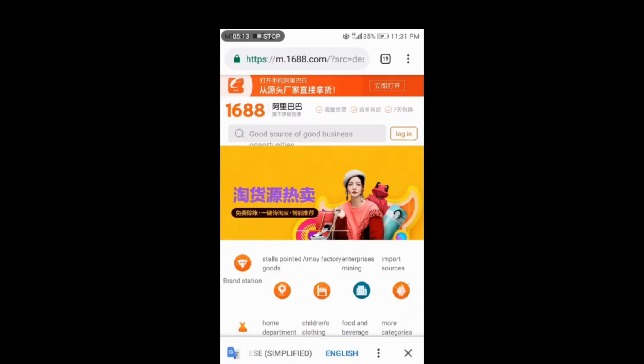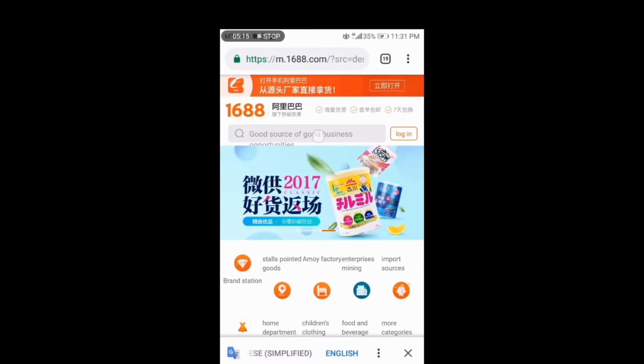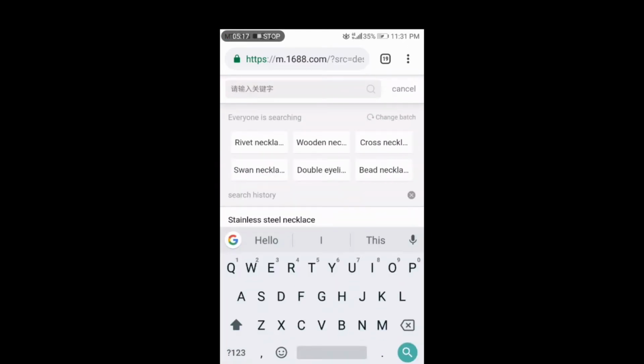The second one is using the name here on the search bar. Now again, because this site is a Chinese site, you may write something in English and it will not give you the exact thing you want. So what I advise is that you go to Google Translate, write whatever you want to translate in English and then translate it to Chinese. Let's say here